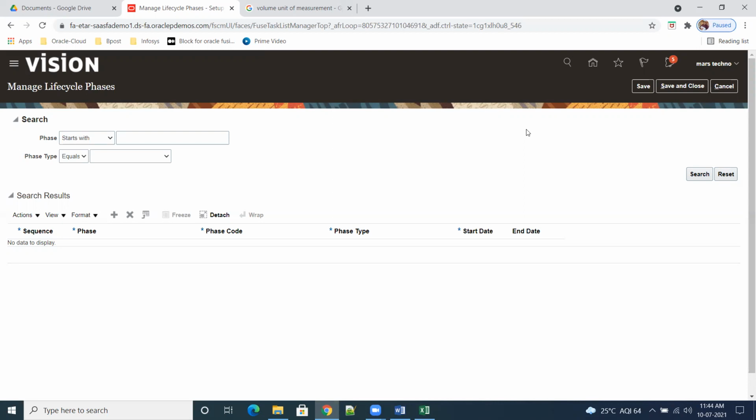If your ready-made item is there, they won't go for development; they will define that ready-made item in product information management. When you don't know the item and want to design it, then they will go for product development